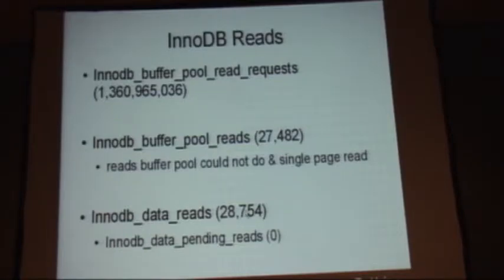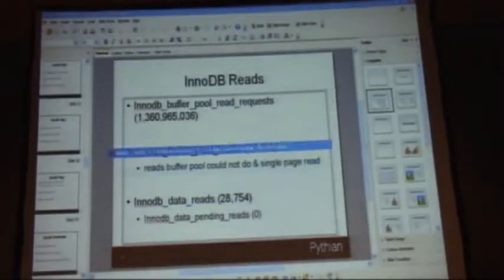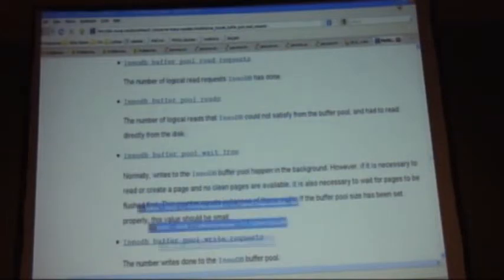Well, let's see what the manual has to say. Maybe they'll say it in a way that makes more sense. Buffer pool read requests: number of logical read requests InnoDB has done. So yeah, it's not very helpful, but basically it's